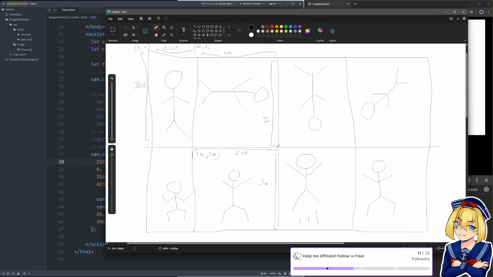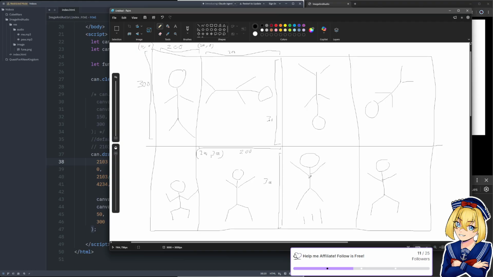And then just to get it deep in your brain, if we wanted to get this one right here, then we need to go down 300, right? So the second number is 300. Anything on this second row is going to be down 300 if you've noticed that consistency.